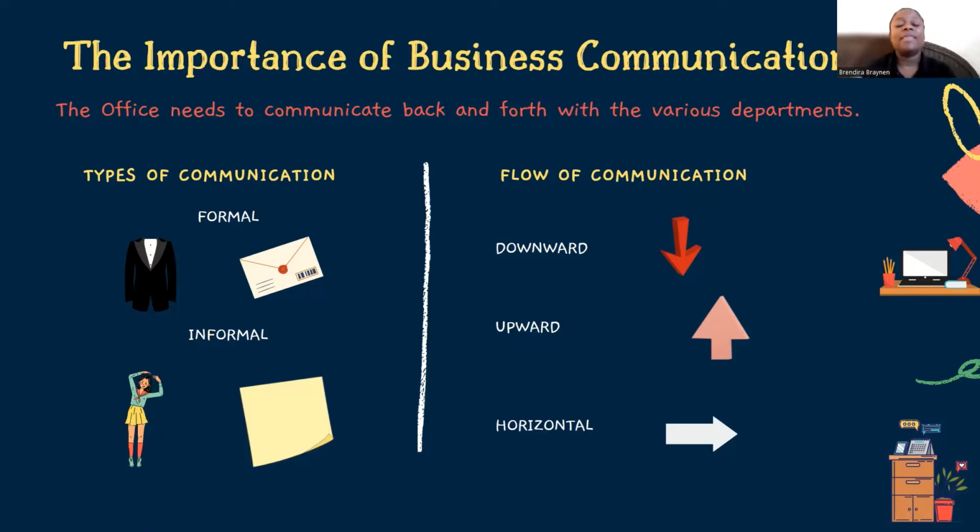There's formal and then there's informal. And when we think about formal communication, think of somebody that got dressed up for the nicest banquet or the nicest party ever. Their black tie, suit and tie, their formal long gown with extra makeup and all the other stuff. That's formal. They're being very prepared, being very dressed up. And so any type of communication that's considered to be formal is going to be one that's very planned out, very organized, and that gives off a certain appearance that that person is put together, that information is put together.